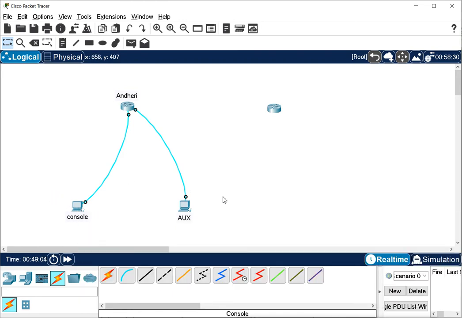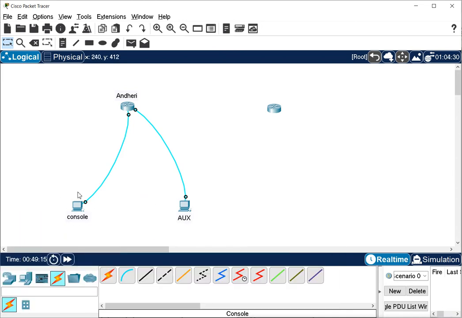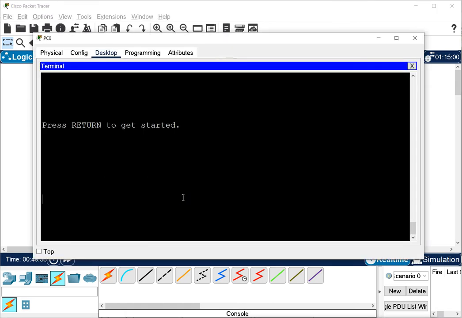Why? Because when I connect to the auxiliary port and try to go to configure mode, I cannot go because I am not allowed to go to privilege mode. So whatever you want to configure, you should do it from the console port. Now these passwords which we have configured, these line passwords, are only the login password, we can say. Login password, that means we can only use it to log in to the router. But while you are logged in and you want to configure more, then you have to go to the configuration mode.